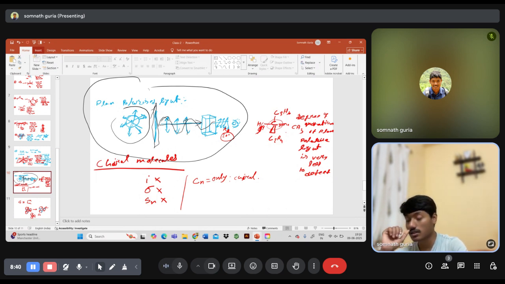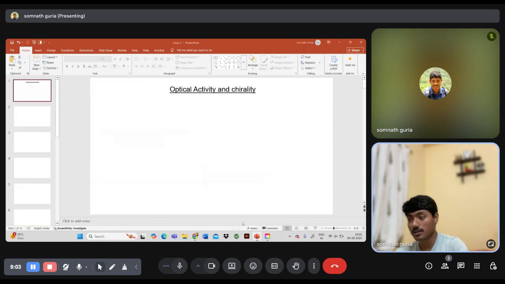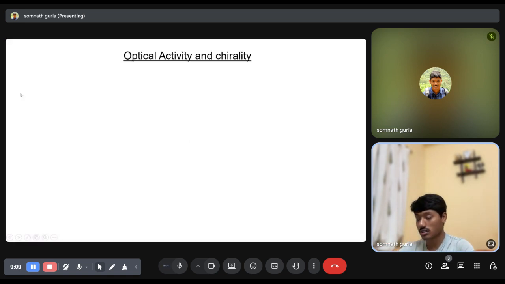And another thing is that there are molecules having a chiral center, but we don't find optical activity. You can find some such cases also. Now I'm coming to that point first, where there is one interesting molecule, which is called